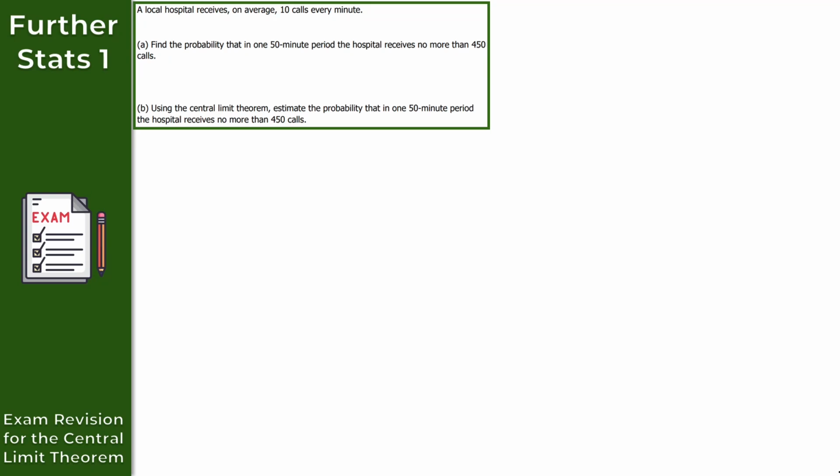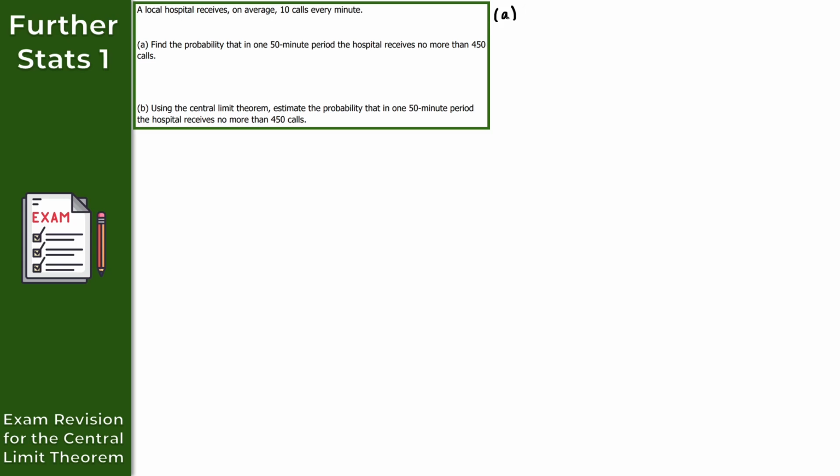Moving on to question 2 then, where we have a local hospital that receives on average 10 calls every minute. Now for the first part of this question, then part A, all we're looking to do here is find the probability that in one 50-minute period, the hospital receives no more than 450 calls. So for part A then,